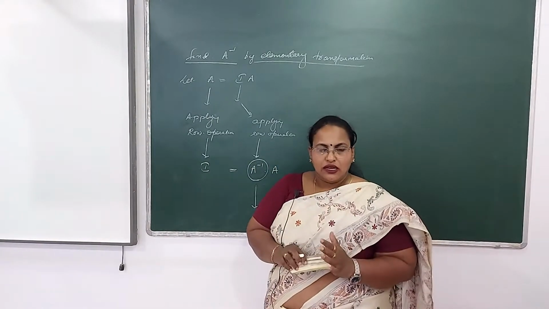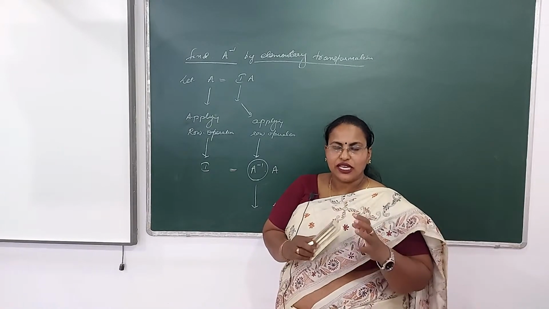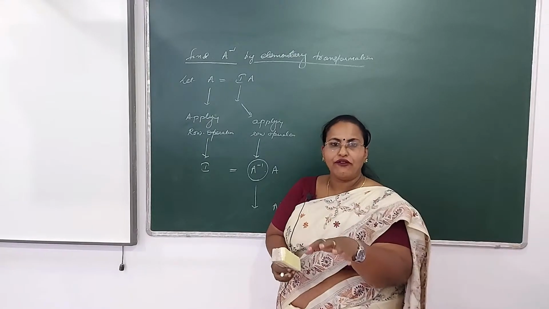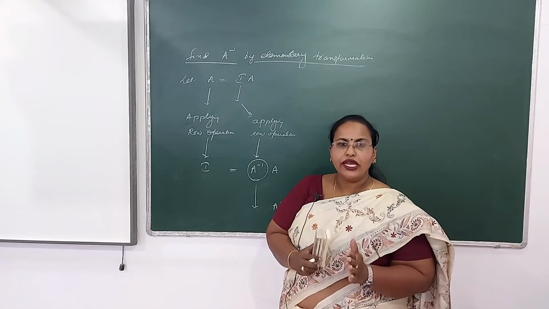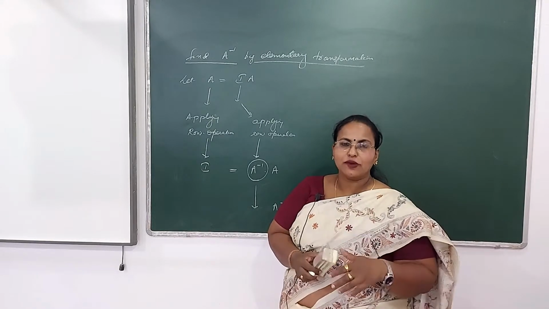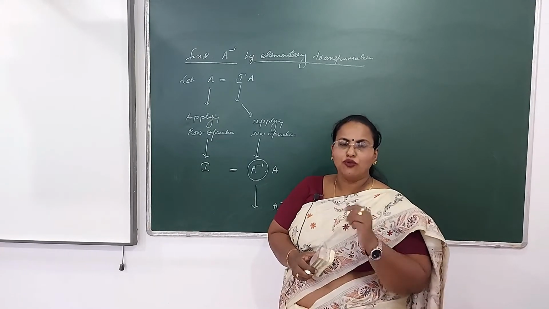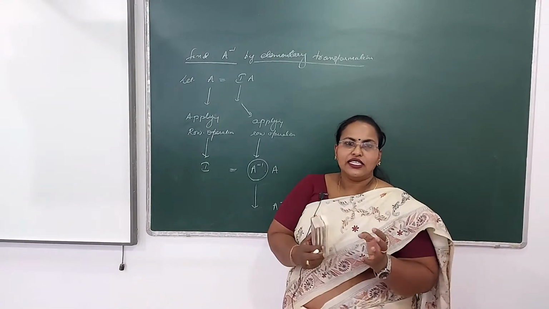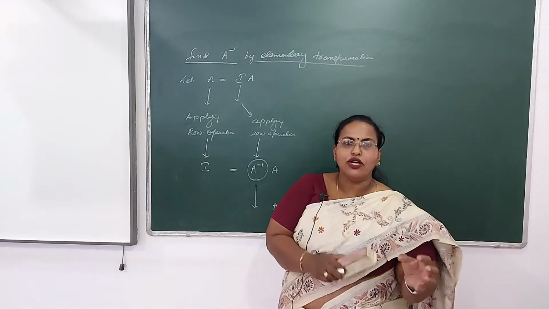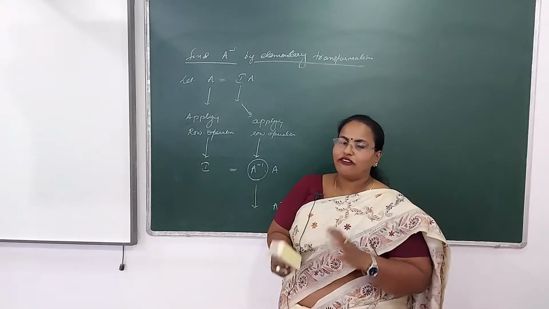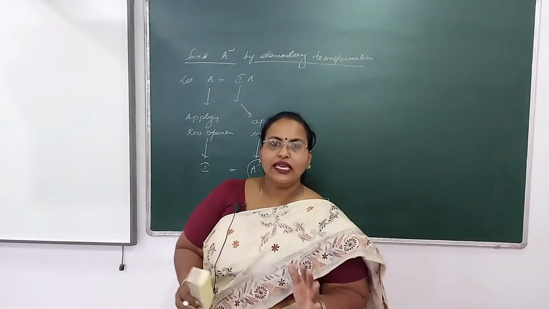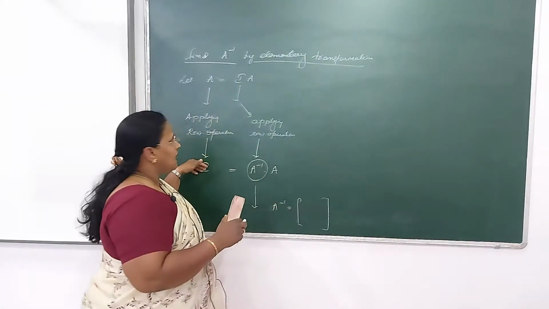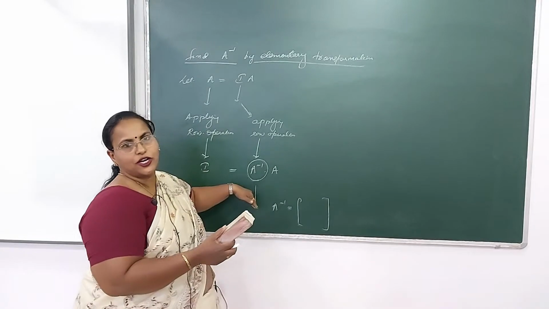Now see, when I explain this, it seems difficult: how, where, in what method we should apply, how to get 1 or how to get 0. If you go by a particular loop, I will be explaining the loop also, the procedure, how to move. If you go by that procedure, definitely this will be an easy task. It's just like a game of converting numbers to either 1 or 0. So definitely you will enjoy the procedure of converting A to I, and simultaneously I will be converted to A inverse.